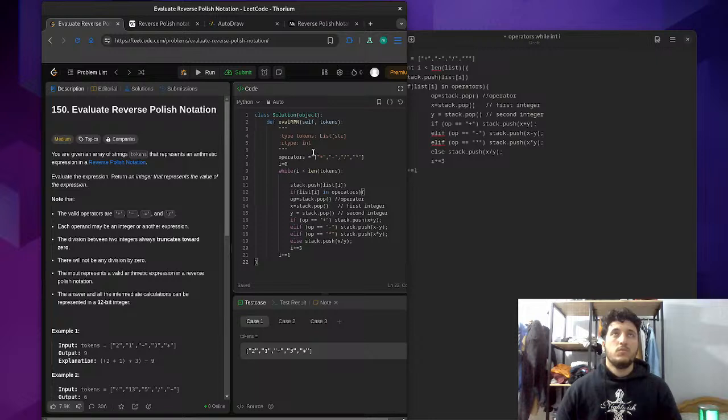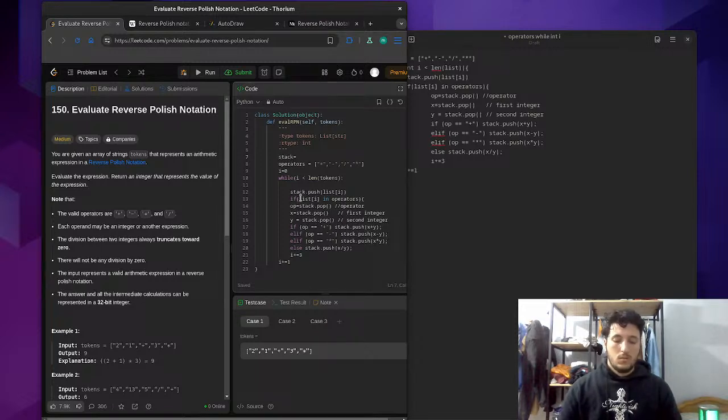I have to initialize the stack. So stack equal list. Stack dot push tokens[i]. If tokens[i] in operators, then